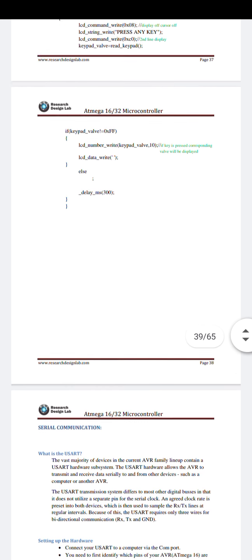Then if keypad value is not equal to 0xFF, this condition is true. That means LCD number write keypad value 10. That means if any key on the keypad is pressed, then display the value in the LCD data. Then LCD data also writes. Else and delay, then end this program for keypad interfacing.